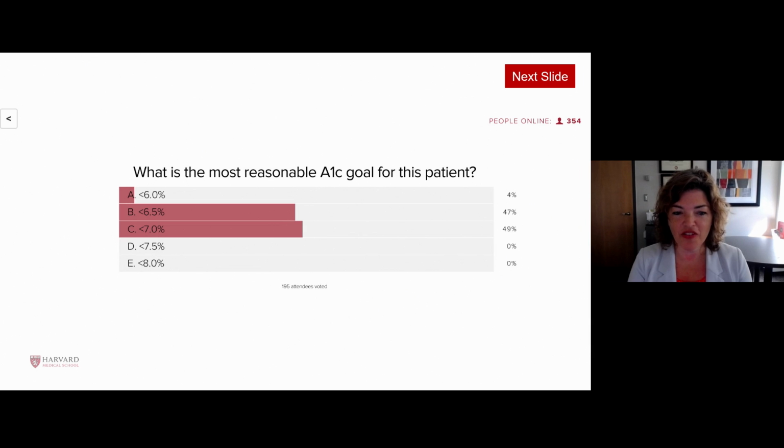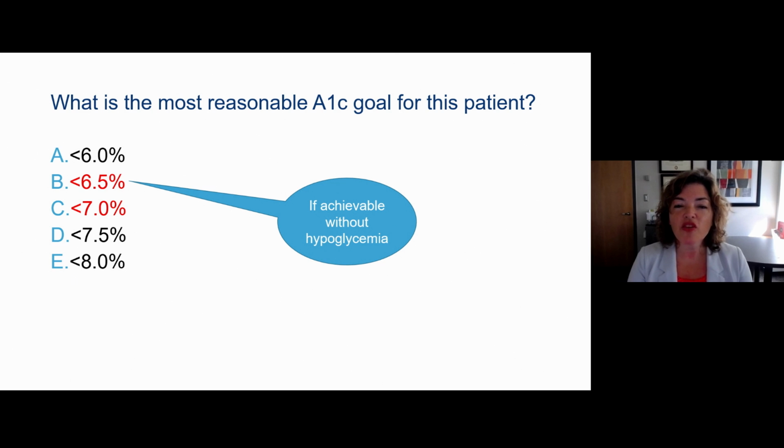Okay, next slide. Great. So the audience is suggesting somewhere between B and C. There's a little bit of A and a little bit of D. So I agree with you. In fact, under 6%, if it happens, we don't necessarily de-escalate therapies in patients who achieve dramatic glycemic control, which sometimes people can, as you have seen in your own practice. So the idea here is this man is now set up for lifelong hyperglycemia, and our goal now is to protect him